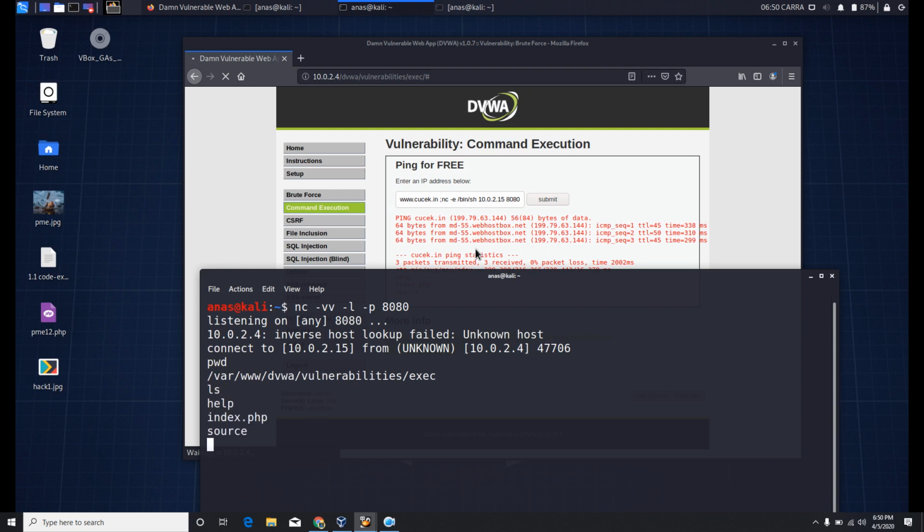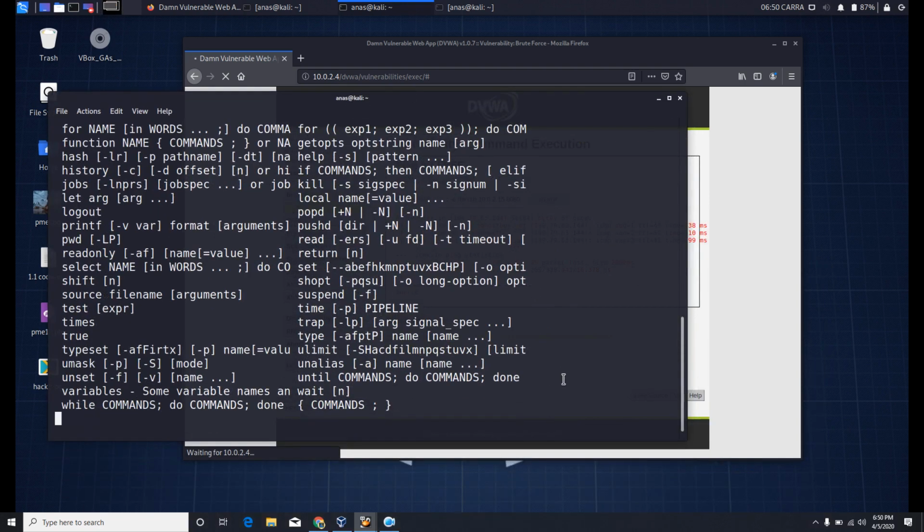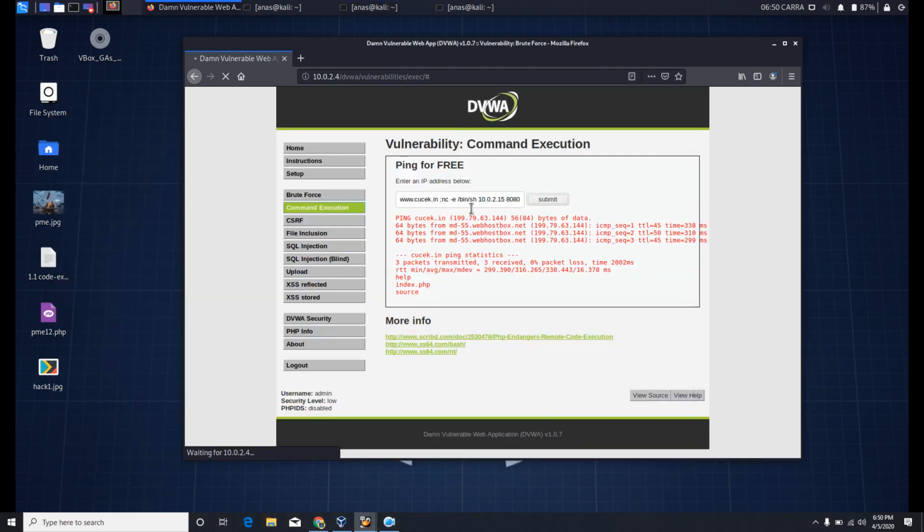If you enter uname here, you can see the server details. If you enter help, you can see more commands used in netcat. Okay, that's all. You can also use this, not only semicolon, you can also use